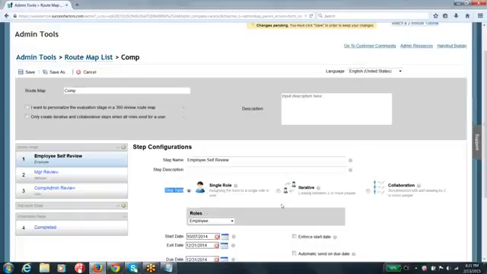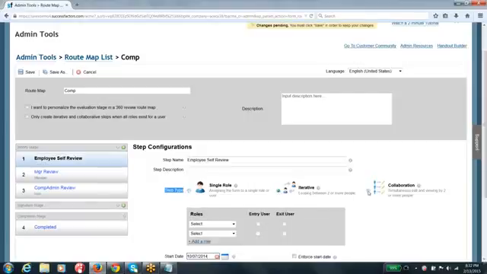Say if you are assigning a form with group goals, where there is a team and the team is going to work on all those goals. In that case, you can select either the iterative option or the collaboration option. The difference between these two, at a high level, is that either iterative or collaboration helps a group of people work on a single form, guys.